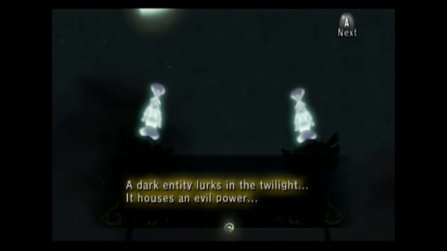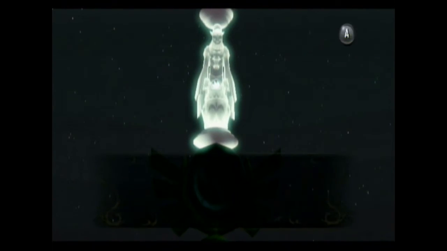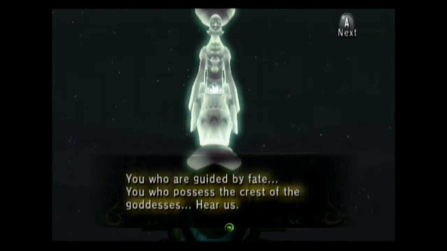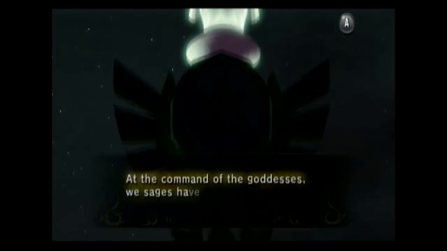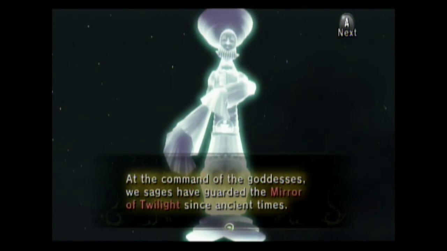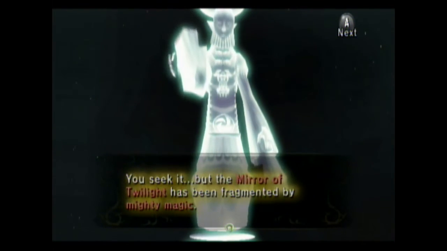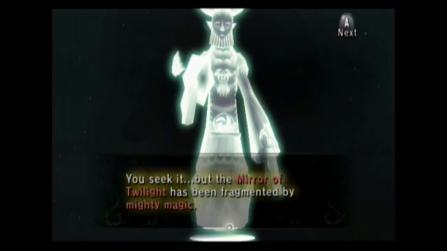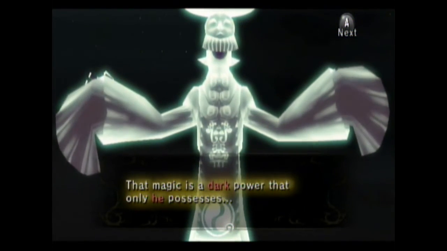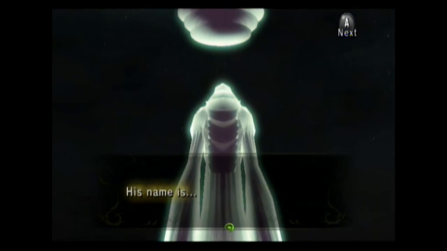A dark entity lurks in the twilight. It houses an evil power. You are guided by fate. You possess the crest of the goddess's heroes. At the command of the goddesses, we sages have guarded the Mirror of Twilight since ancient times. You seek it, but the Mirror of Twilight has been fragmented by mighty magic. That magic is a dark power that only he possesses. His name is...